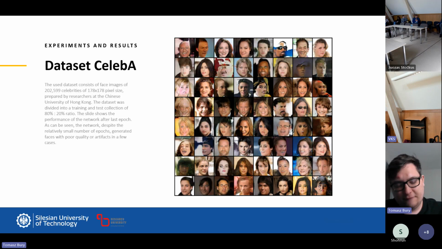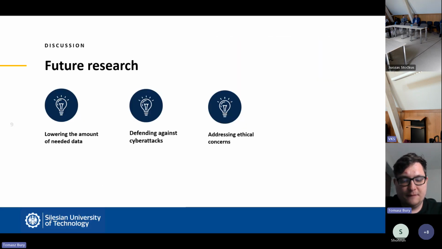Despite the relatively small number of epochs, the network generated samples of realistic-looking faces and only in a few cases generated artifacts, which can be seen on the slide. The FID metric, or Fréchet inception distance, was adopted for comparison with other generative adversarial networks. This metric reliably assesses both the visual fidelity and diversity of generated samples, and lower FID scores indicate better performance. The proposed architecture achieved a score of 21.88, which is better than DGGAN and PRBGAN, which have FID scores of 34.13 and 22.45 respectively. The self-attention generative adversarial networks improve both the accuracy of generated images and provide greater stability,